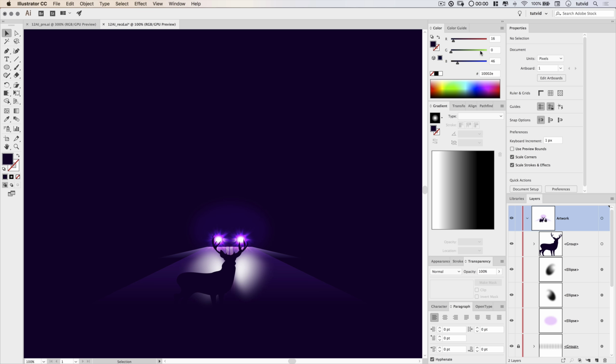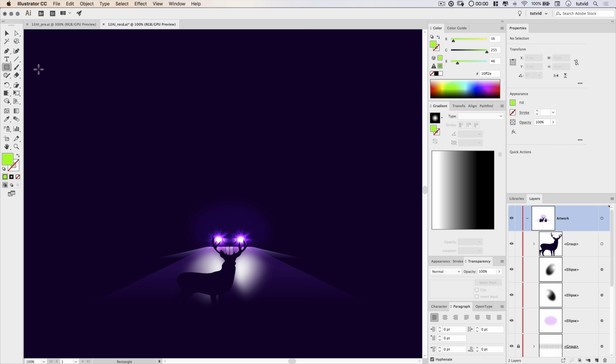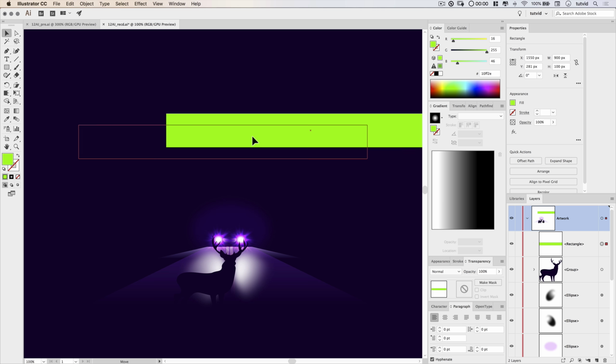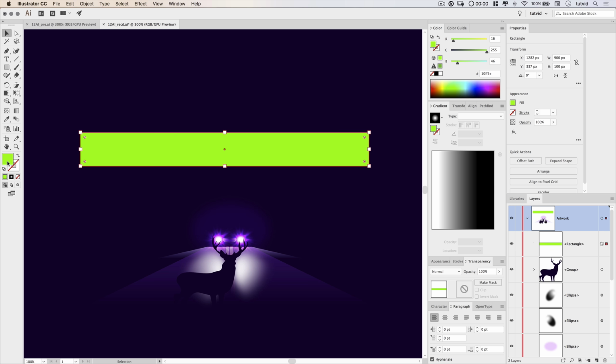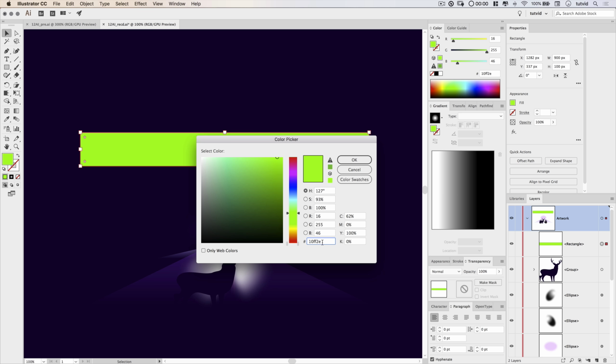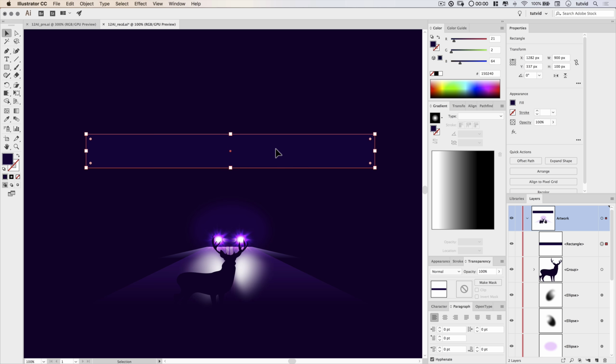Here's how we're going to do it. I'm going to set my fill color to just a bright green so we can see what's happening. I'm going to grab my rectangle tool. I'm going to click a single time and say, hey, create a 900 by 100 pixel rectangle. There we have it. And I'm going to now immediately change the fill because I just want to get the right fill into it. So I'm going to go a 150240. It should be a very dark blue, not quite as dark as the background, but heading in that direction.